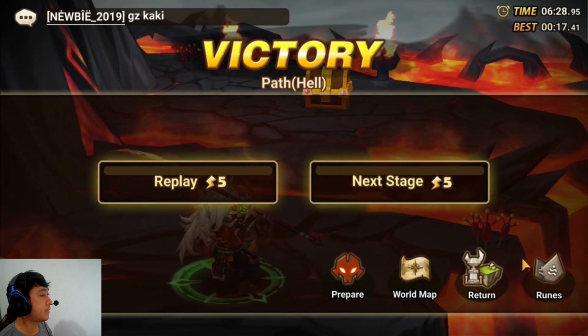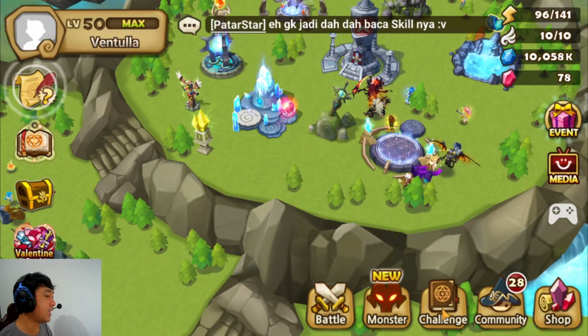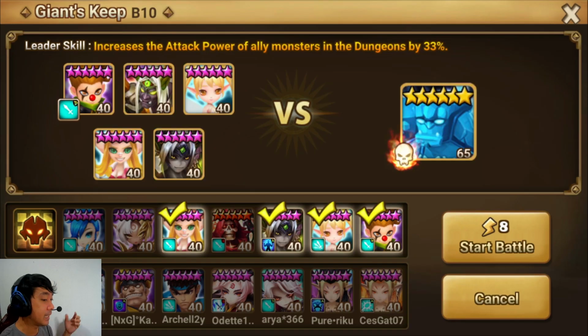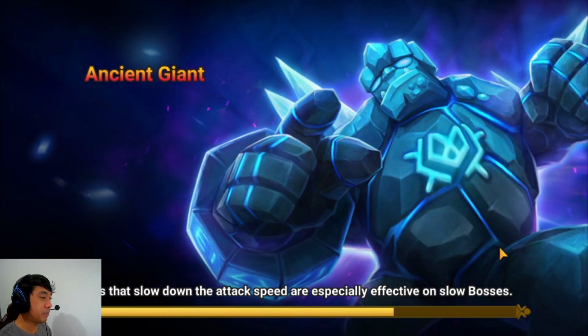So that's it, guys. And I'll give you a bonus dungeon. Let's try it on Giant's Keep. Now let's try Fuuki in Giant's Keep. And in Giant's Keep, this is a water element dungeon which we have elemental advantage over, because we are wind element and wind beats water. So let's try it, guys. If he can be a